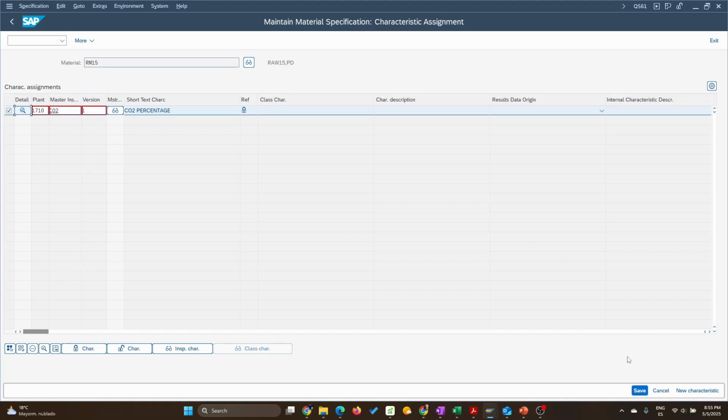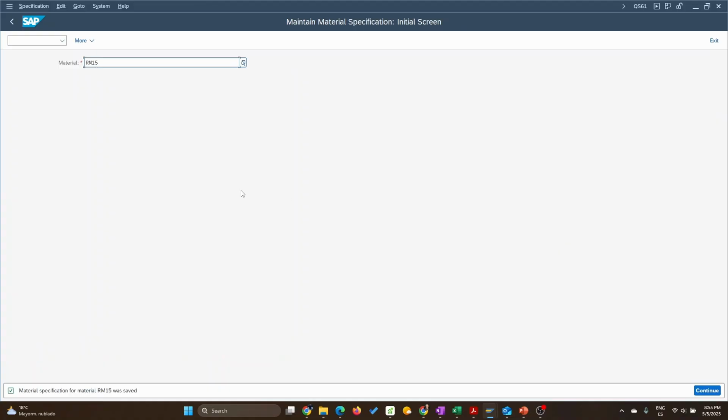And that's it. We can, of course, add more here, right? You can have kind of a sequence of different characteristics that you want to inspect, right, for that material. But for the sake of understanding this way, this is enough. You have the idea now. So let's save it. And that's it. So this material now has a material specification, okay? From the QM perspective, we should review, of course, the,